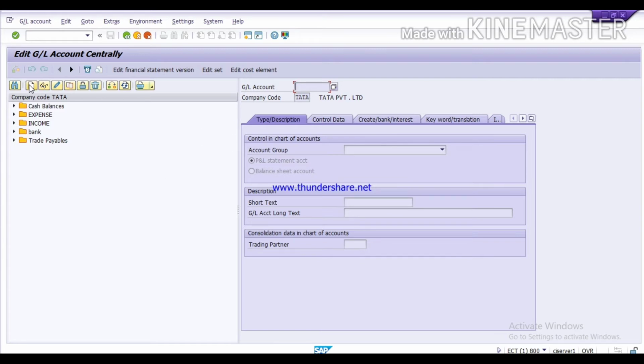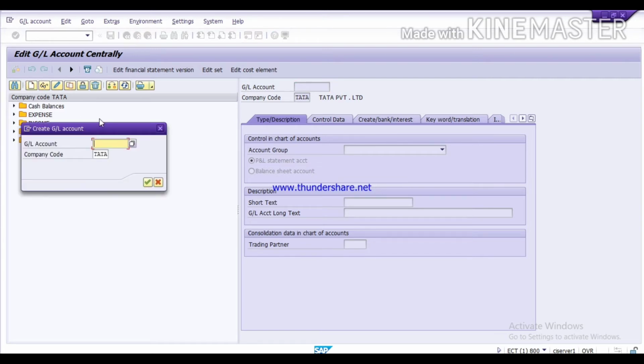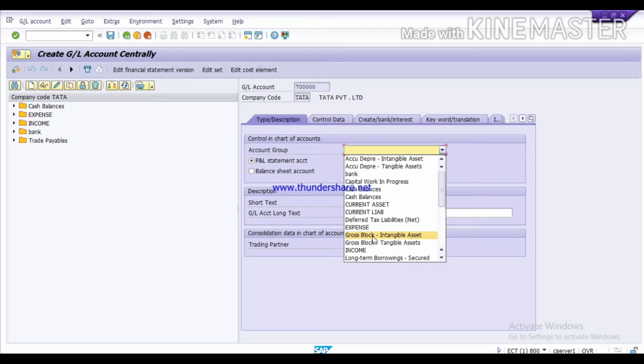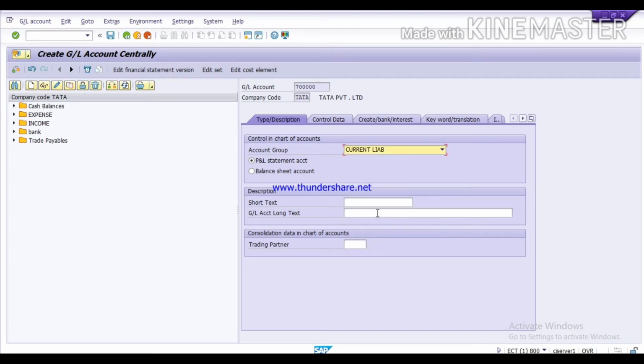Here we will click on create and paste that number and create. Now, journal account number is mentioned, company code is mentioned. Now we will select the account group, current liabilities, and select balance sheet account type.